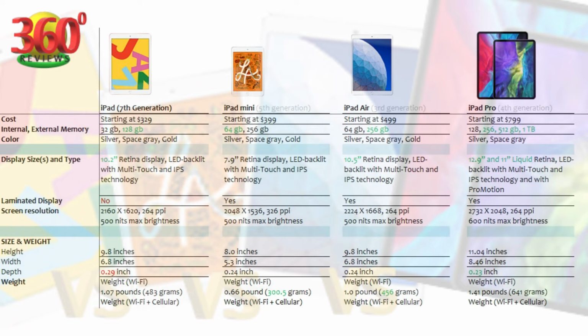Screen resolution is the lowest in iPad mini and highest in the Pro. As you might have noticed, the dimensions for iPad 10.2 and iPad Air are the same except for the depth, which is less in Air, hence Air will be thinner. Even with respect to weight, Air is lighter than iPad 10.2 by approximately 30 grams. From all the models, Pro is the heaviest and Mini is the lightest, obviously.